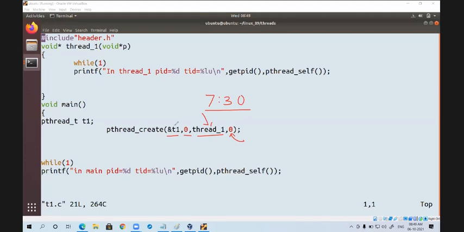We need to talk about some more thread related things and the return type, and so many other functions. Tomorrow class will be morning 7:30. Is it clear to everyone?